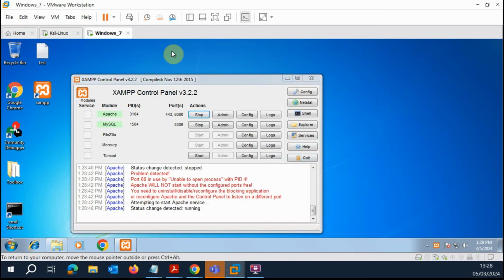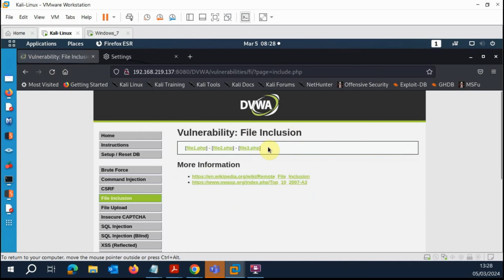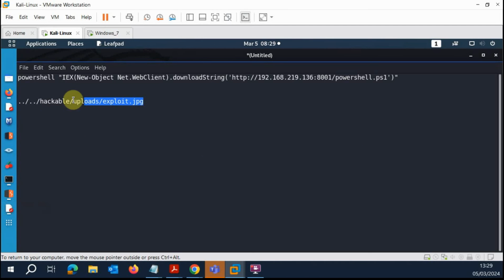Okay, now if we go to our Windows 7 lab machine, to the Kali machine, and we refresh this page, we can see that error has now disappeared. So we've enabled file inclusion. So now if we then go to this URL and paste this,